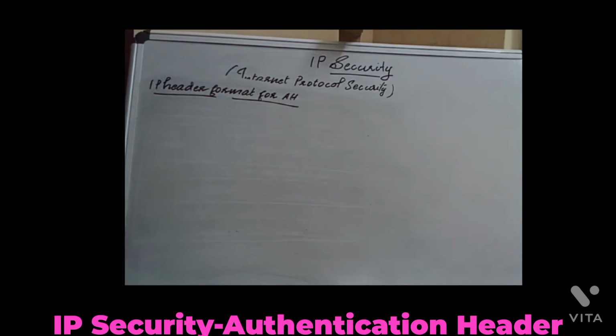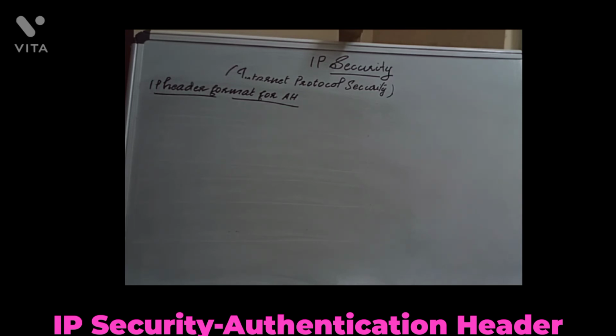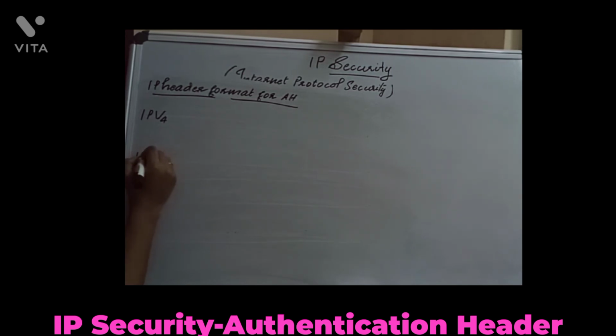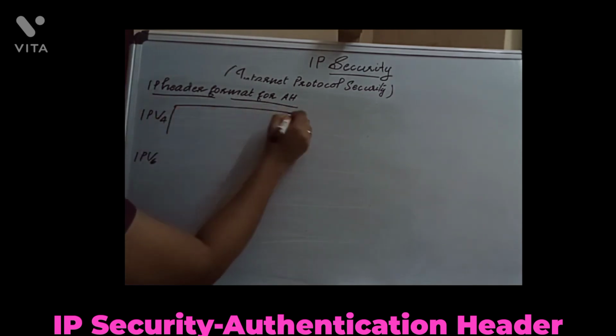Next is the IP header format for the AH protocol. Before applying AH, we'll see two versions of the IP header format. First we'll see what the IP version 4 header format is, then what the IP version 6 header format is. First is the header format of IPv4, that is